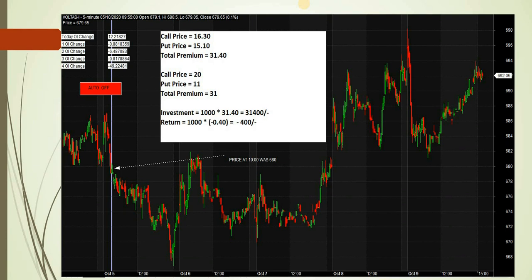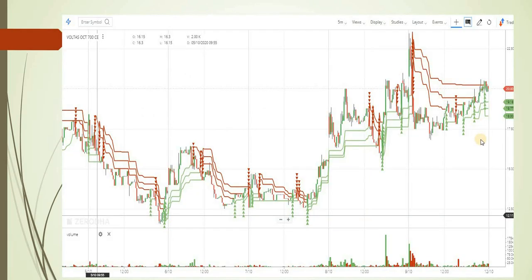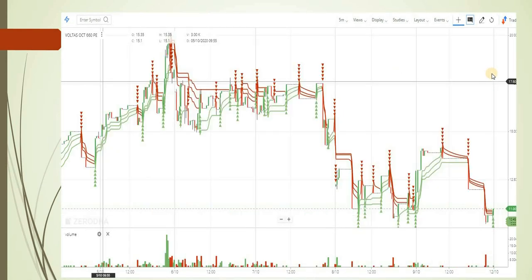As per rules, trade day plus 4 days. If we are not getting our target within this period, we will simply square off our position. We took the trade on 5th of October. We will wait for another 4 days. 6 we will wait, 7 we will wait, 8 we will wait, 9th we will wait. But on 9th, at the closing price, we will simply square off our position. So we will calculate the closing price of options on 9th October. We'll see what the prices of options were on 9th of October.